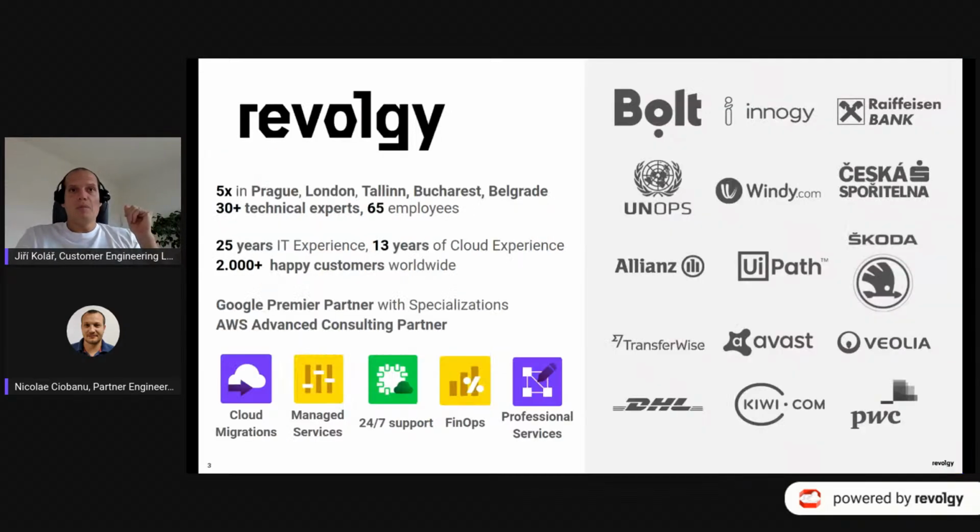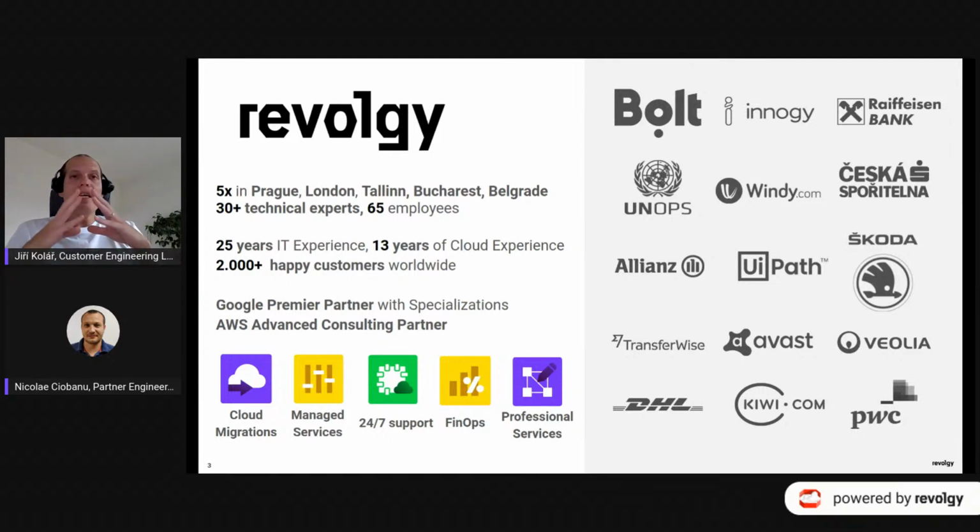So let me briefly introduce Revolgy. What we are doing is helping our customers to take their workloads and migrate them into the cloud, right? We have about 5 offices. We are around 60 people, centered around Prague.